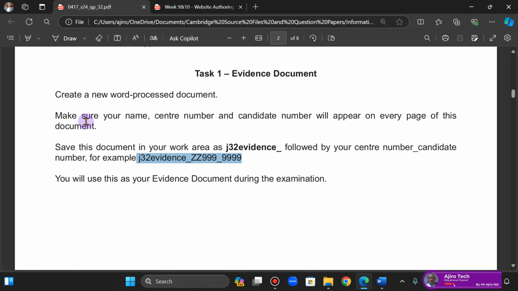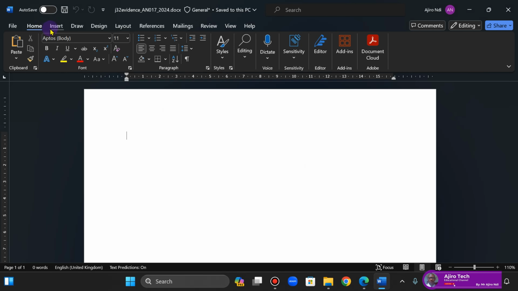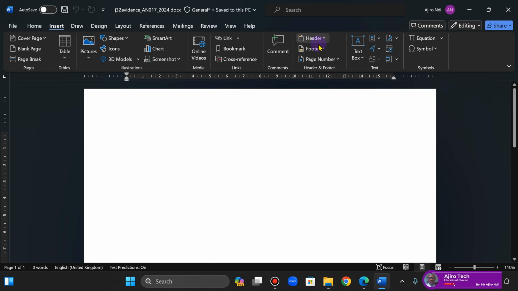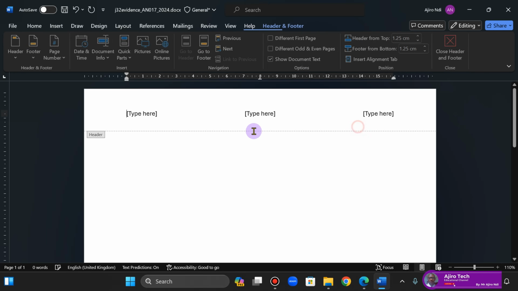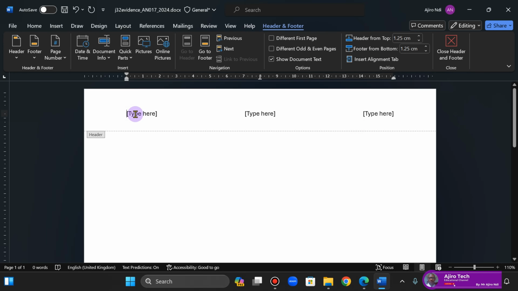Now the next thing is to make sure your name, comma, space, center number, comma, space, candidate number will appear on every page of this document. So what I will do is click on insert, header or footer, whichever one, but I'll prefer the header. I'll click on the header, 3 columns, and you have your left alignment, center alignment, right alignment. Under the center alignment, I'm going to type my name, comma, space, your center number AN017, comma, space,